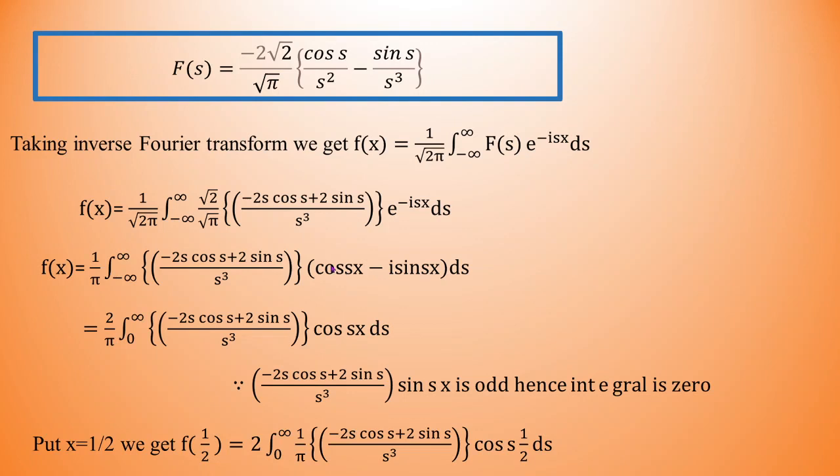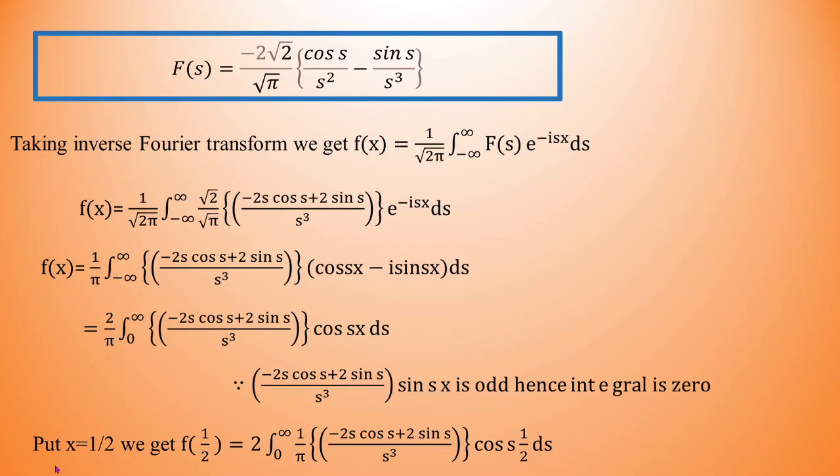So what we find, I'll multiply this complete term with cos sx. This cos sx is an even function and this is also even, so this comes out to be even. Hence its value will be 2 times the integral from 0 to infinity, whereas this sin sx will be odd and this function is also even. So the product of an even with an odd function will be odd. Therefore the second integral, the integral corresponding to sin sx, will reduce to 0, right? So this is the evaluation of the integral.